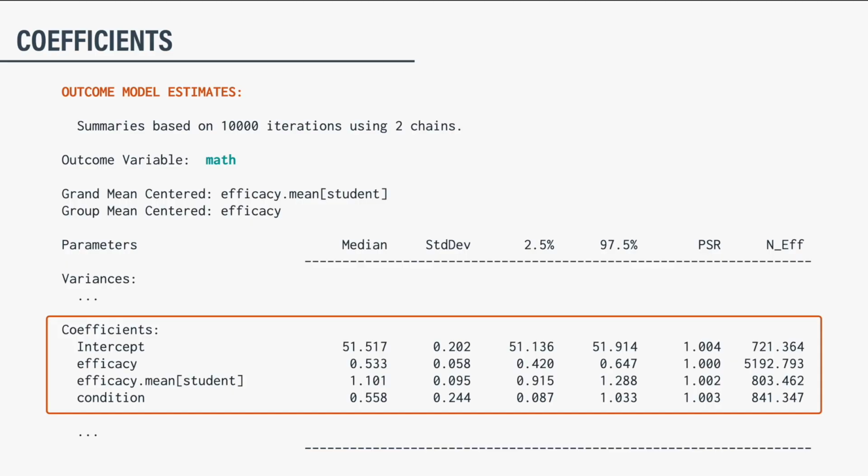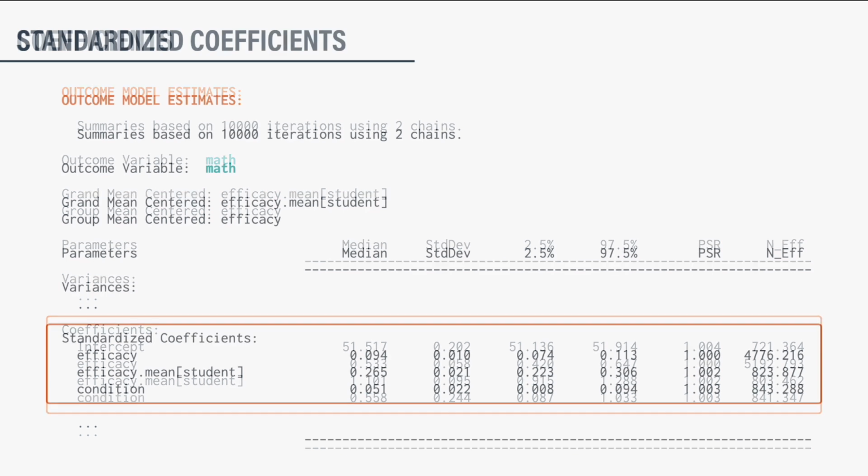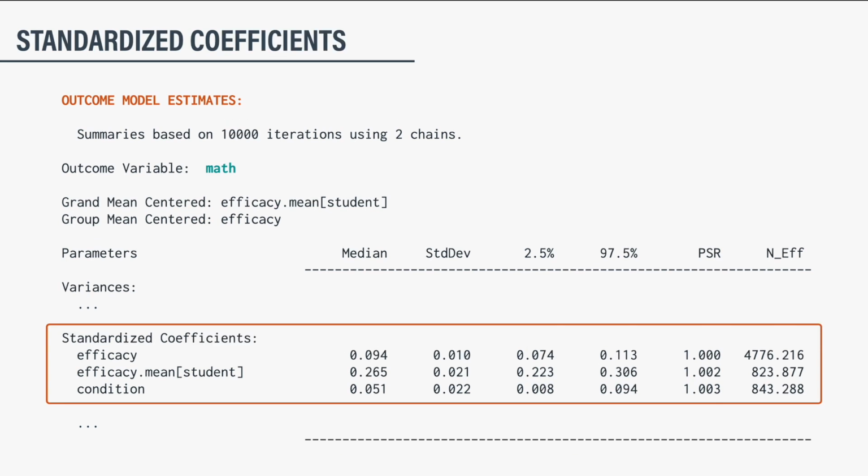An earlier video walked you through Blimp output tables and described how to use the posterior summaries to answer our research questions. I want to highlight the new parts of the output that are specific to multi-level models. First, the coefficient table doesn't change with multi-level data. You may recall that Blimp reports standardized coefficients or beta weights, and it also does so for multi-level model slopes. Group mean centered level 1 variables are standardized using within cluster standard deviations. Grand mean centered level 1 variables are standardized using the total standard deviations, and level 2 variables are standardized using